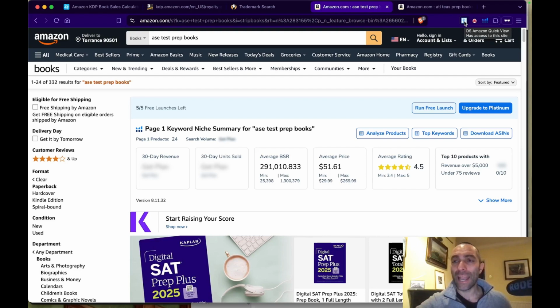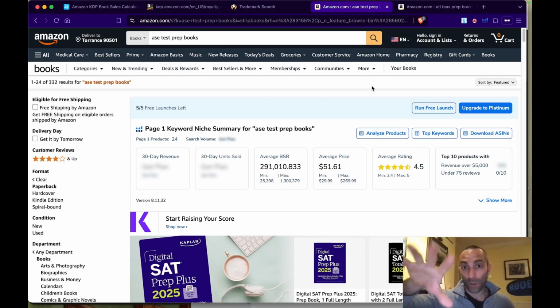One is DS Amazon Quick View, which is free on Brave, Google Chrome, and some other browsers, maybe Firefox. Another one is Keepa Scout, which I don't particularly rely on too much, but as soon as I open it, it gives me an estimate, which I'll show you in a minute. And the other one is Helium 10, which is probably the best one. I have a subscription for that, but I'm not logged in at the moment